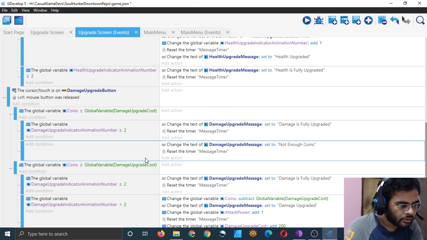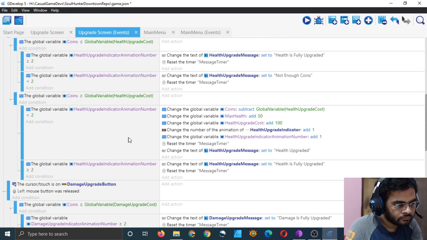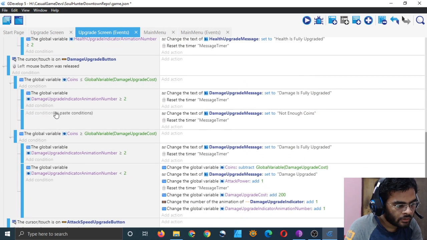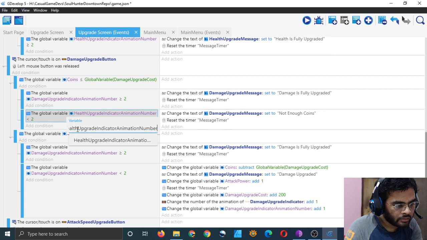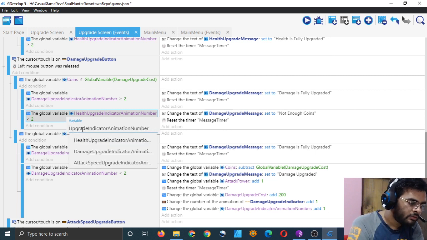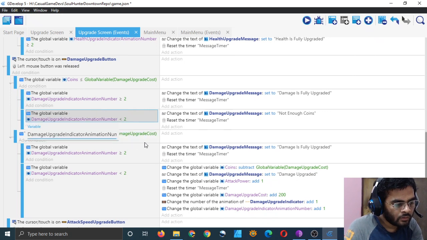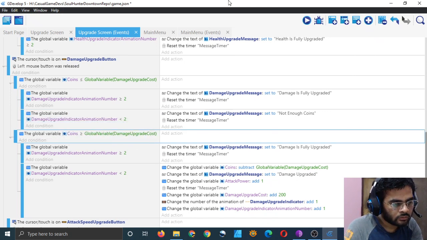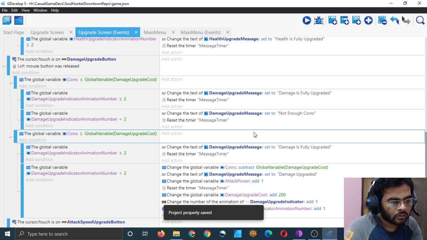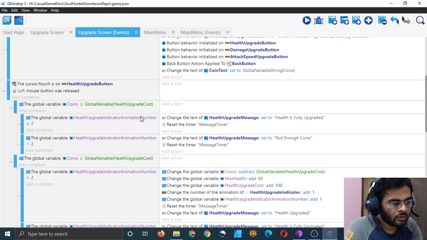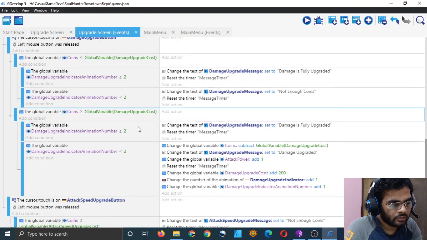If it is greater than or equal to 2, which means you have already upgraded the damage fully. Then copy this one also and paste here, and instead of health upgrade indicator, type damage upgrade indicator. That's good. Not enough coins, damage is fully upgraded. That's what it will show here.